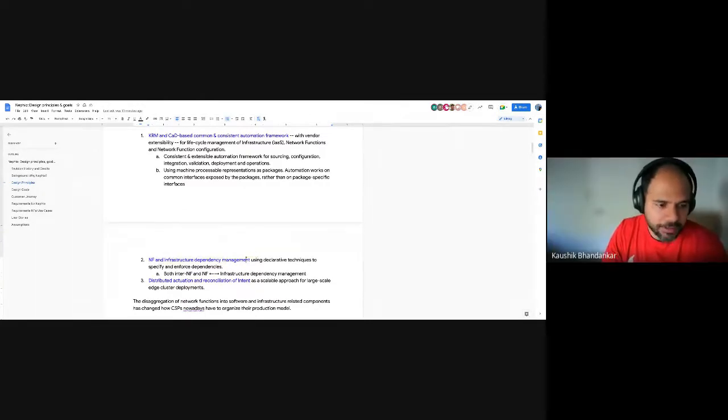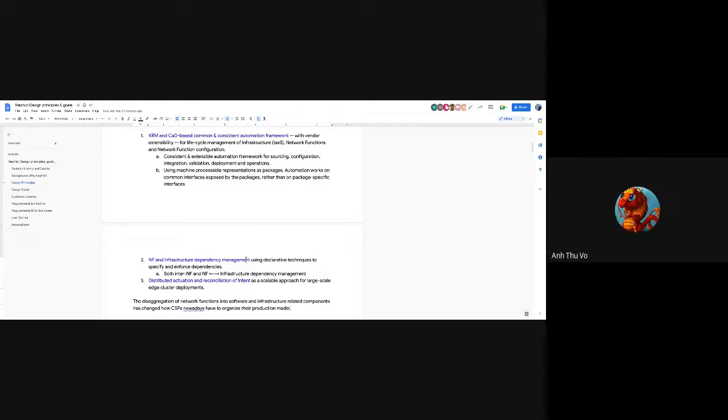What we are saying specifically in number 2 is it's not just network function configuration, but being able to specify and manage dependencies and reconcile dependencies if and when there is a drift. That is what number 2 is saying. Does it make sense? Yeah, I think I get it.